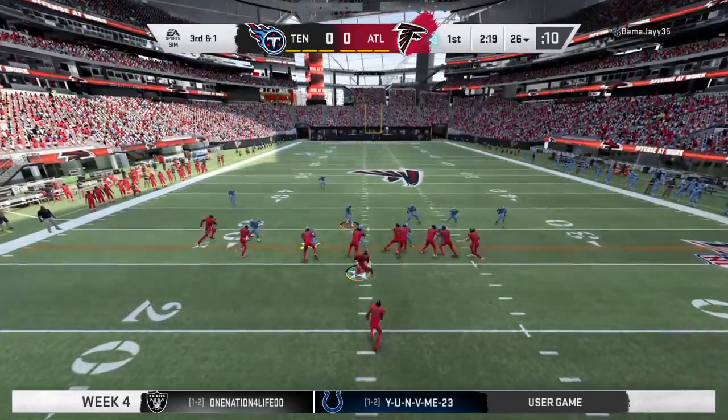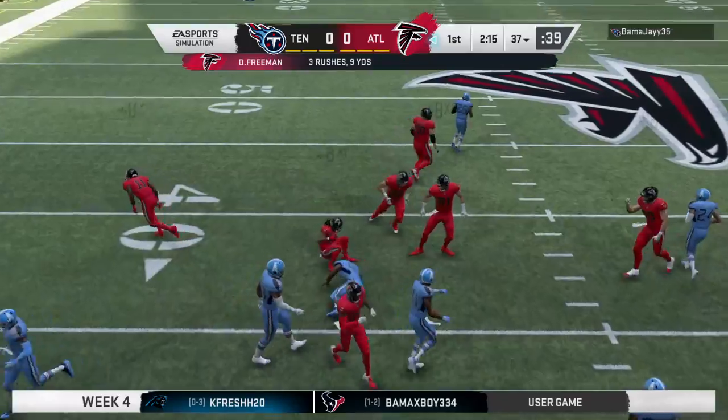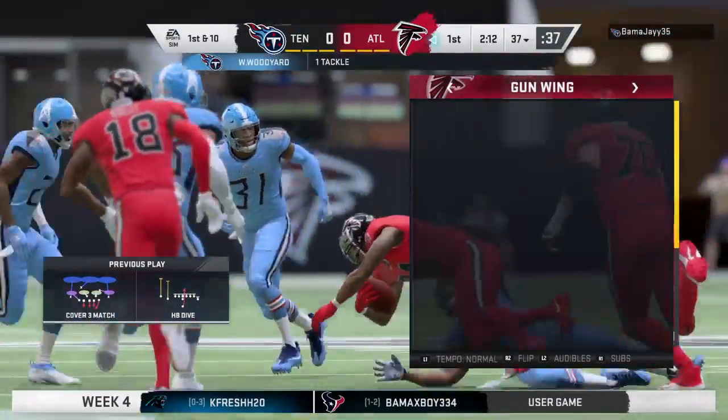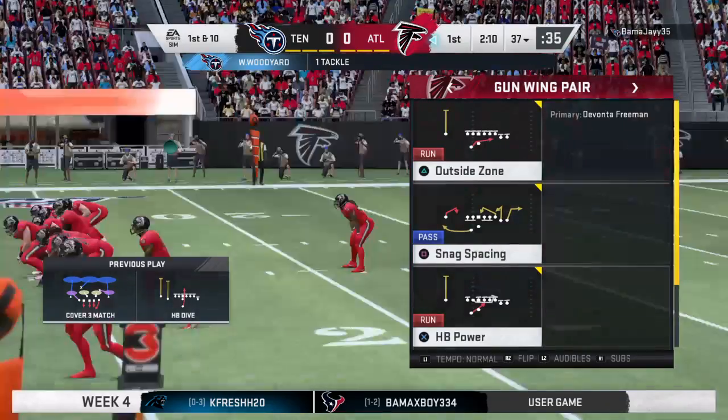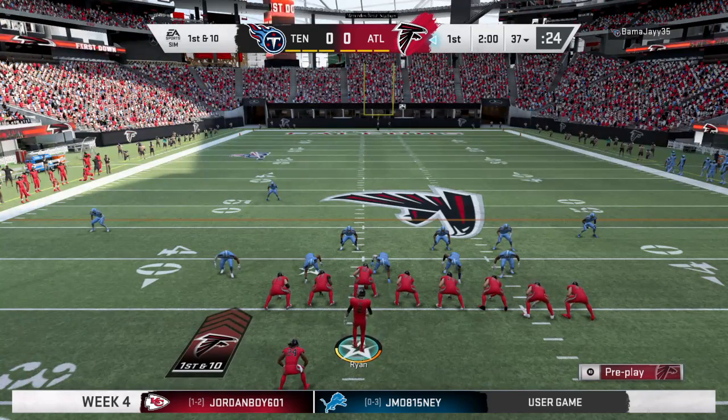Topper! On third down, Devontae Freeman. And they're able to get this one across the 35. 10 yards there and a first down for the Falcons. And Falcons fans everywhere excited that Devontae Freeman is back on the field wearing number 24 in the red and